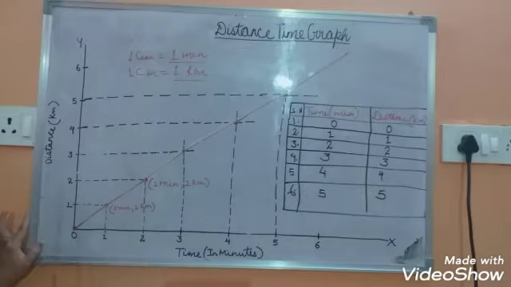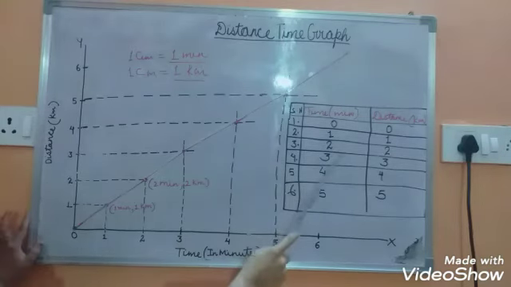In the same way, on the y-axis, where 2 kilometer is at 2 centimeter, we will also draw a line perpendicular to the y-axis. Where both the lines intersect each other, that point is the point which represents 2 kilometers in the 2 minute. 2 minute and 2 kilometers. Okay. So in the same way, the third reading is what?